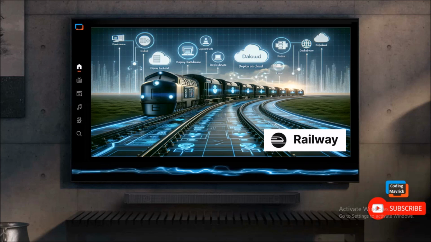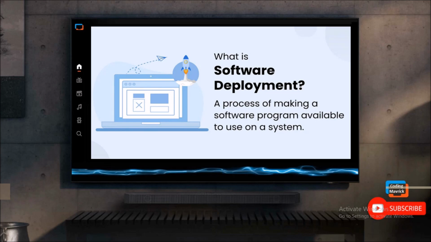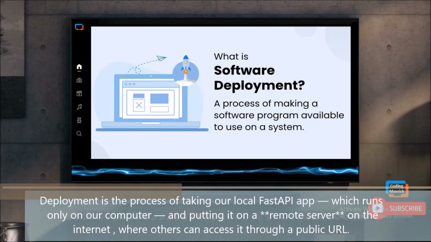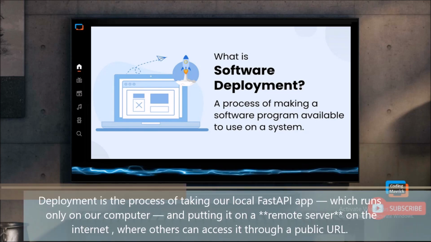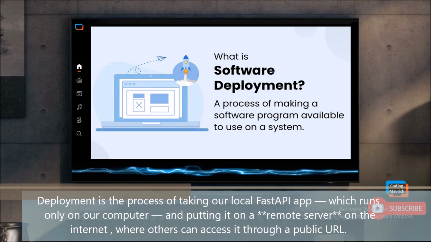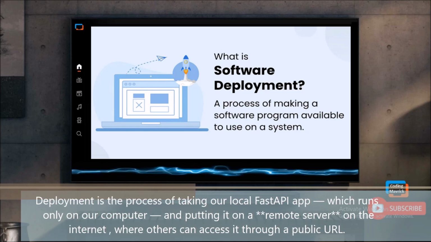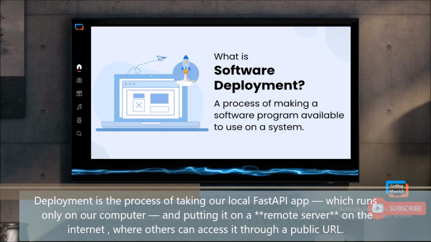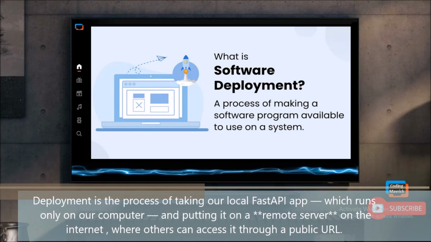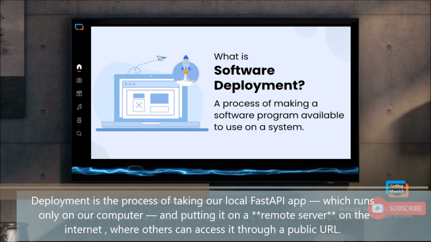Viewers, before we start typing, let's understand what deployment actually means. Deployment is the process of taking our local FastAPI application, which runs only on our computer, and putting it on a remote server on the internet where others can access it through a public URL.